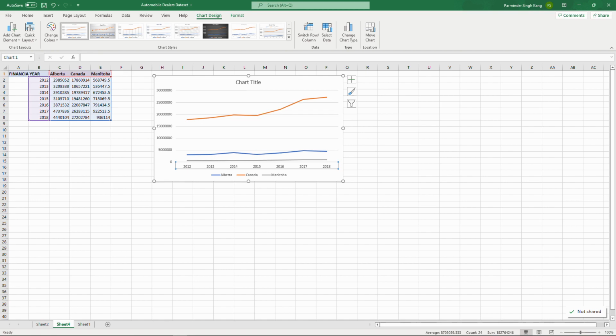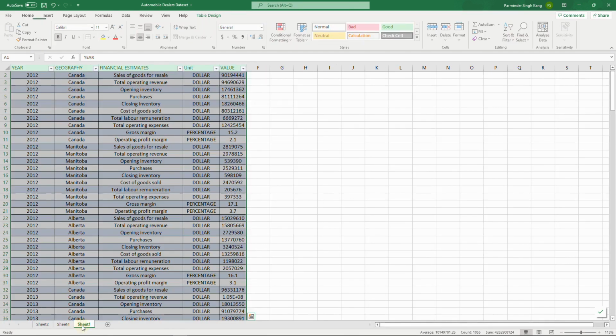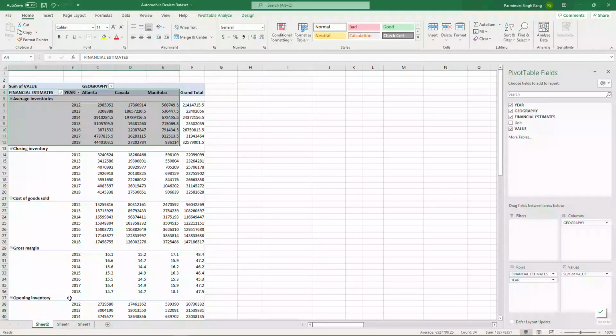Okay, so I believe this concludes what we're trying to achieve here from the pivot tables perspective. So play around with this, and if you need any further help, please